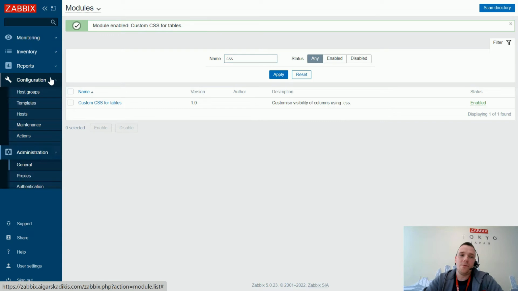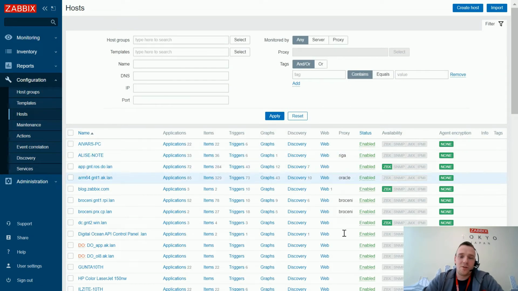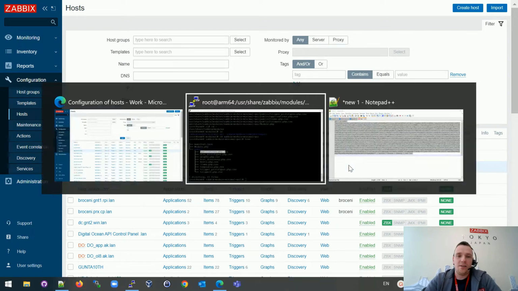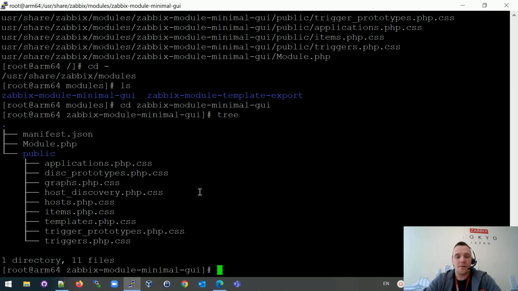Right now I will go to the hosts, and we can see a much more beautiful result because I decided to hide the templates column. And the way it's hidden, if we look here,